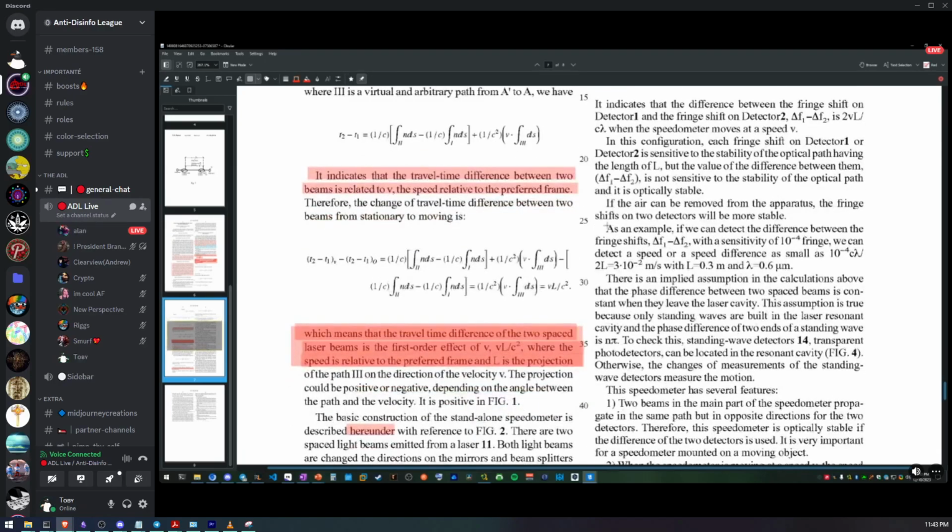Wow. As an example, if we can detect the fringe shift difference, delta F sub 1 minus delta F sub 2, with a sensitivity of 10 to the minus 4 fringe, we can detect a speed difference as small as 10 to the minus 4 c, delta v over 2L equals and so on. So, what is this? Micrometer